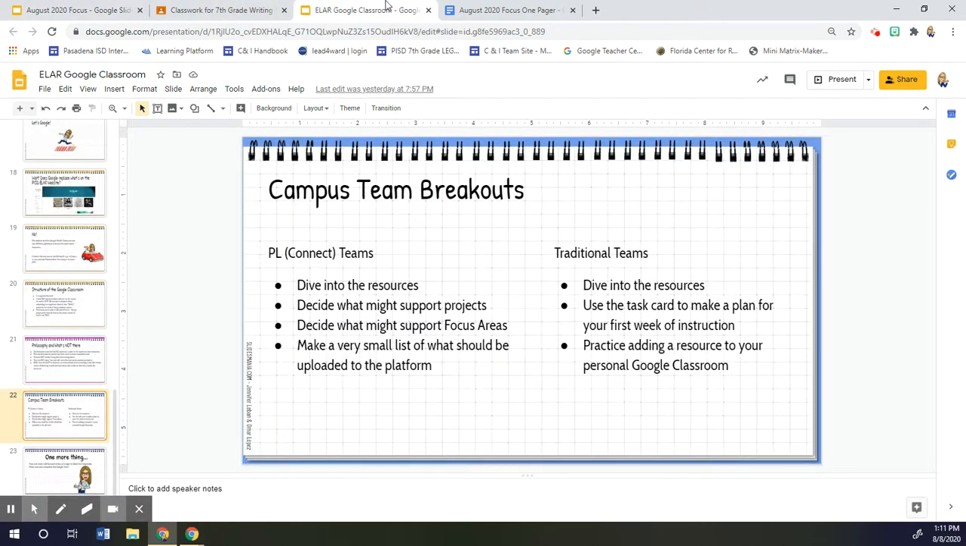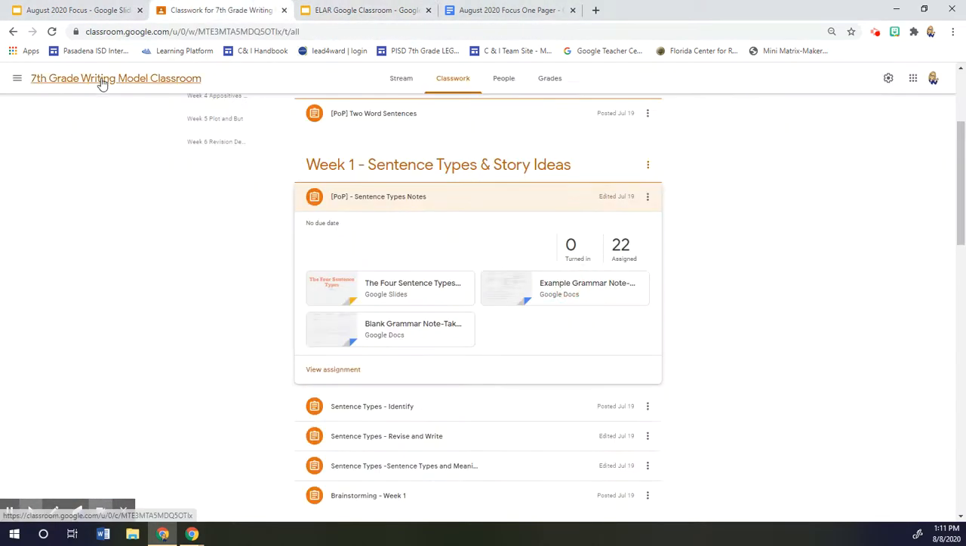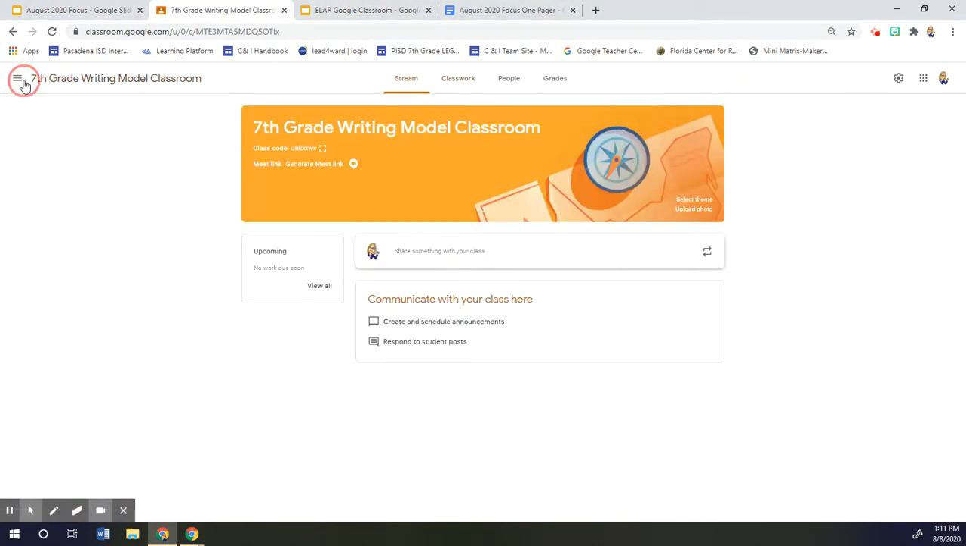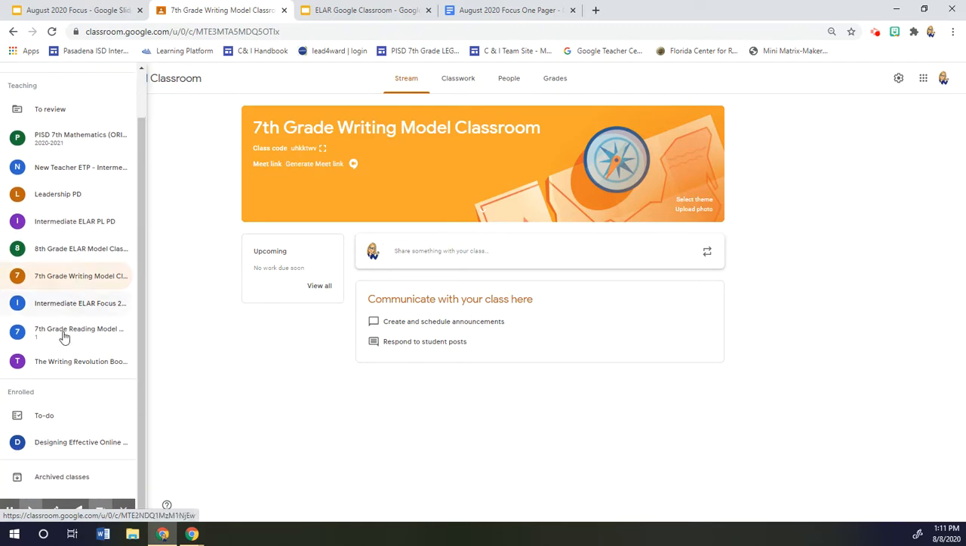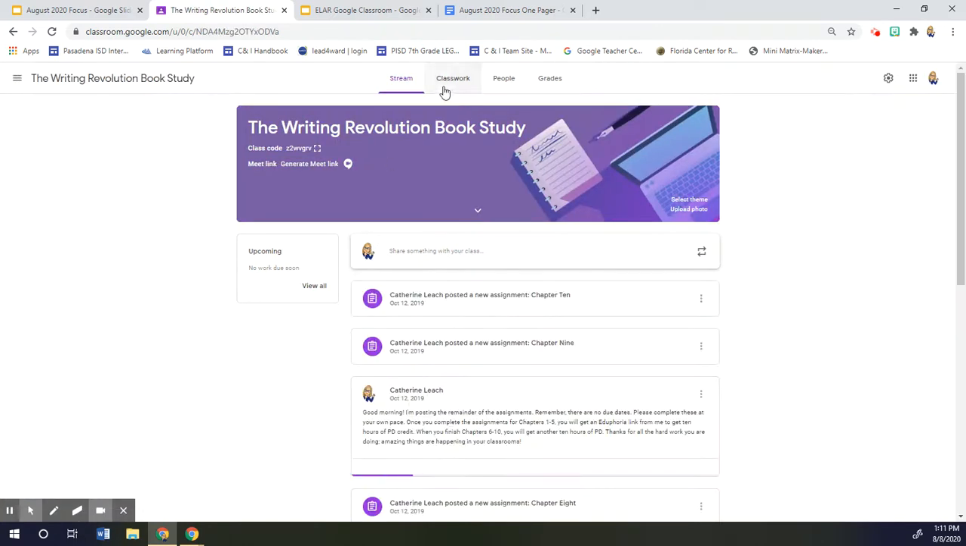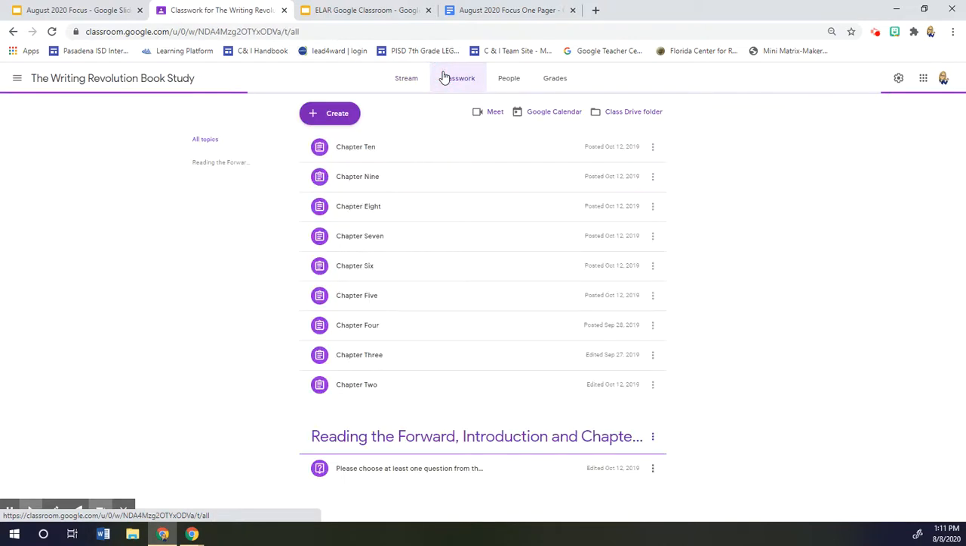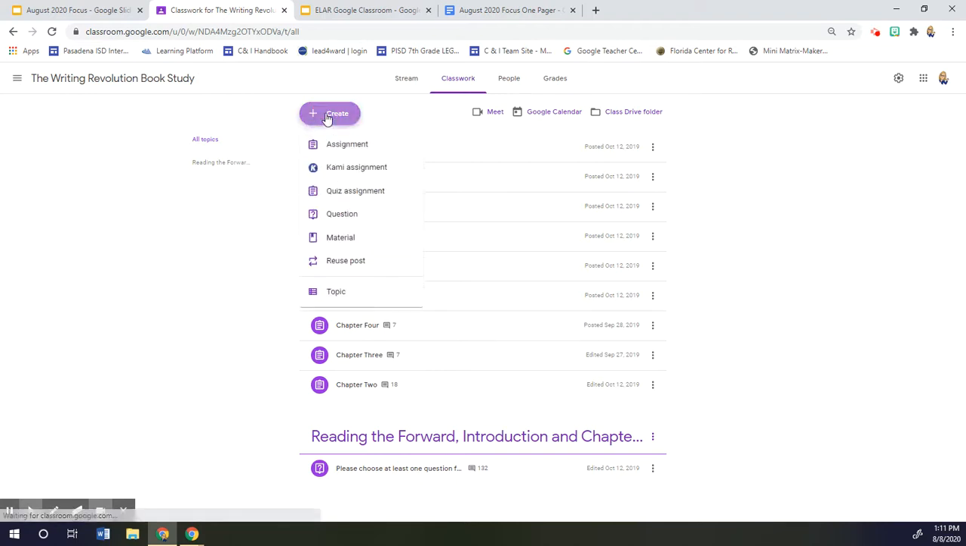So now I need to go to my own classroom. So I'm just going to pick a different thing and I'm, okay. So I'll drop it into, really doesn't matter. I'll put it in the Writing Revolution one. So now I'm in my own classroom and I want to add that super cool graphic organizer as an assignment. So I'm going to hit create assignment